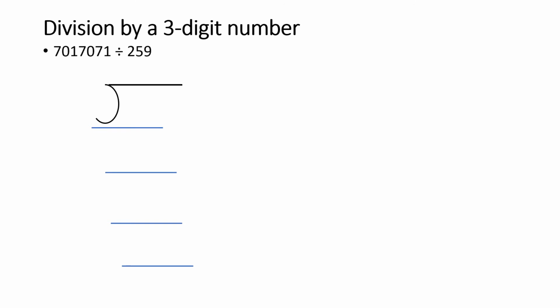Let us take one more question, that is 7017071 divided by 259. At first we will write this question in the form of division like this. Now I am going to use the method of estimating. So I am just assuming 259 as 250, because I know the table of 25 and you also have to learn the table of 25. It helps you a lot. So with the help of this table of 250, at first I will ask the question, how many 250s can